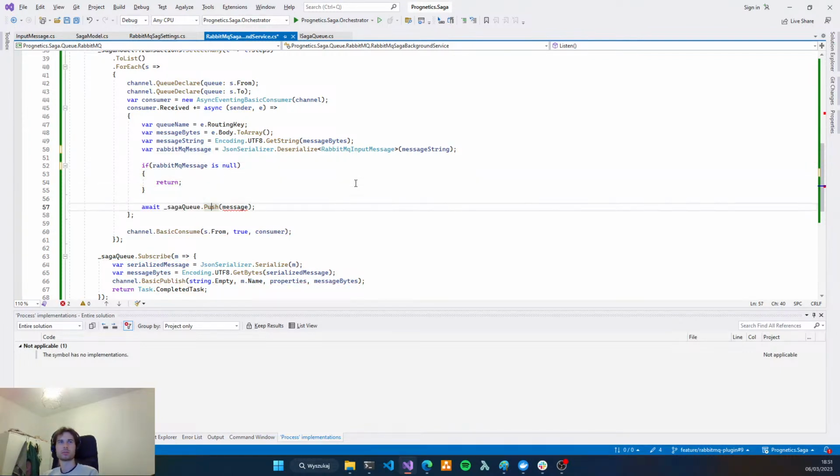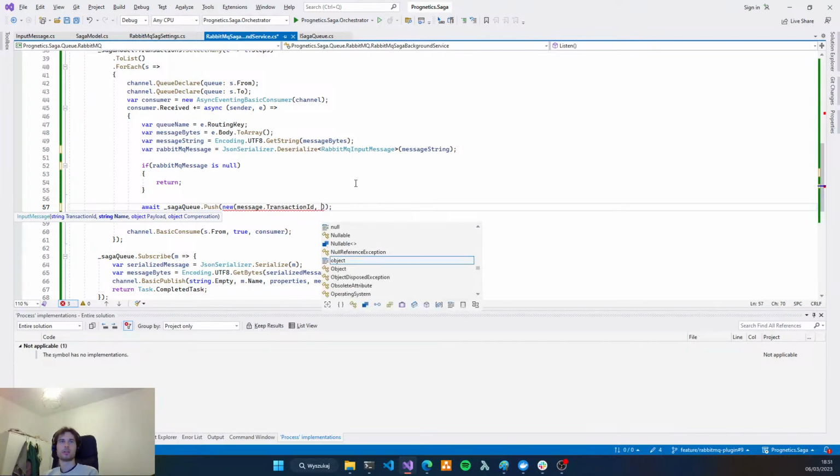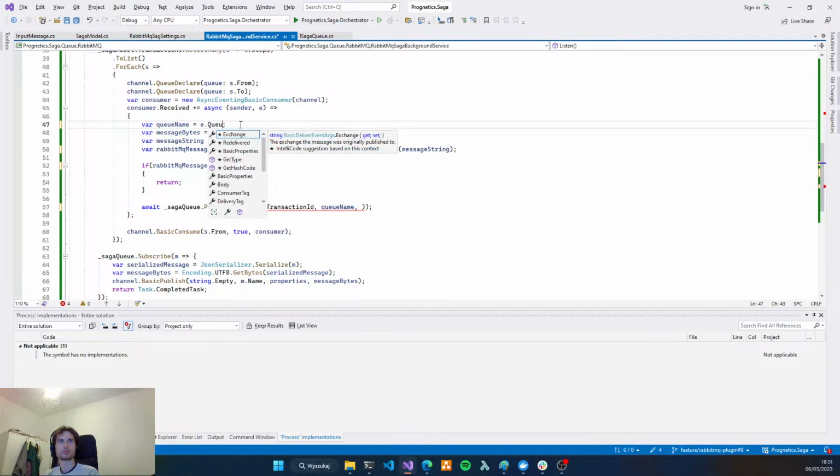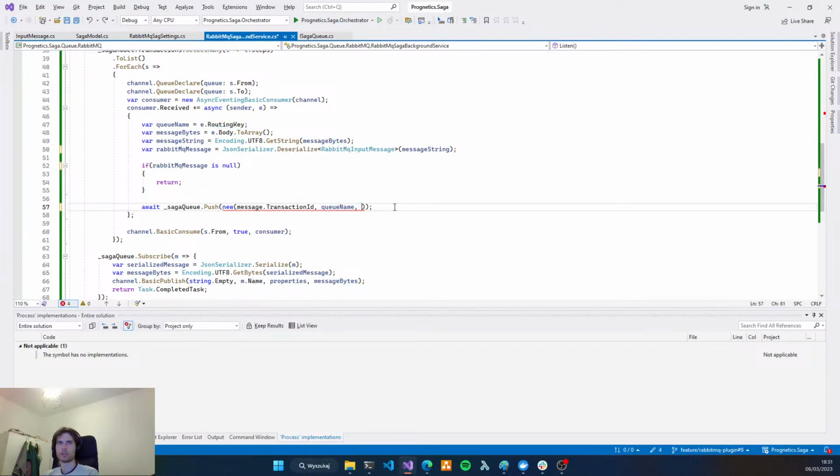But if not, we can just take the transaction ID, queue name, because I think your routing key should be okay right now.